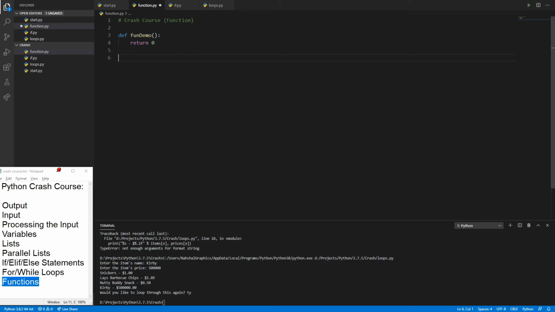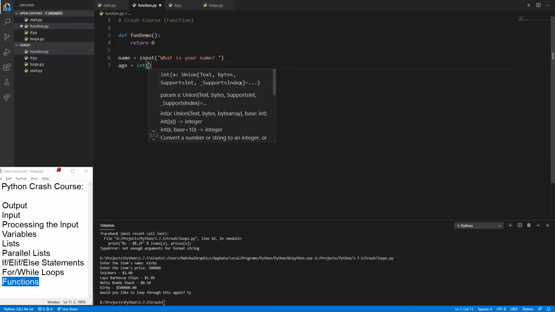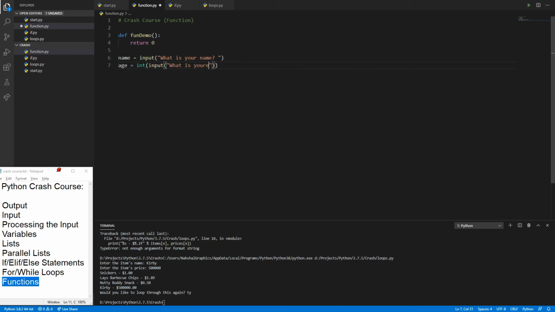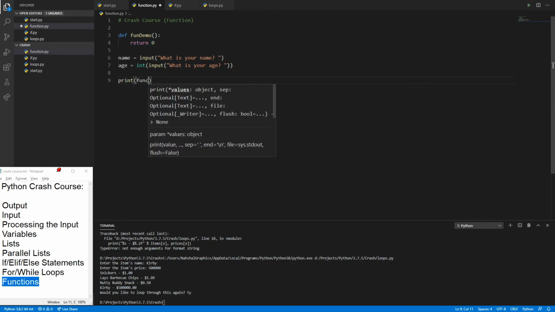So let's say I want this function to take a name and an age, alright? So first things first, let's ask for the name and age. Name equals input, what is your name? Question mark. And an age equals an integer, because the age is a number. What is your age? And now with this, we want to pass it to the function demo, and let's say here we want to print out the function demo. Print fun demo,